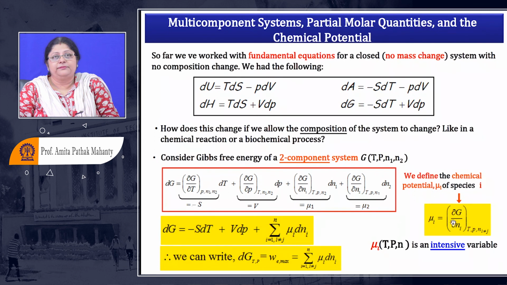Now, just for your information, G is a quantity which is extensive. It depends on the mass. But when we talk about chemical potential, you see it is always defined per mole, how it is changing with moles. So it is actually an intensive property, independent of the number of moles. Okay. Now, if you have a pure system, then you do not have variation of other components.